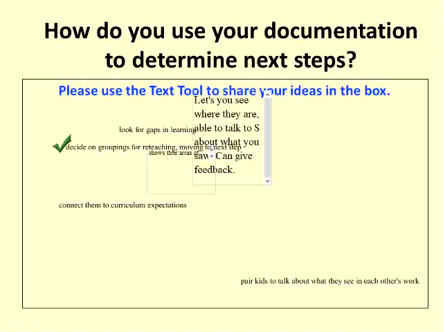I used to kind of reflect at the end of the week, but now I'm finding, and maybe it's because of a younger grade, maybe it's because of where my students are at, I'm finding that I really need to look kind of day by day. So really going back and seeing, okay, based on what I've gathered today, here is what my students already know, and based on this, here is where I really need to go next, even though I thought that I might be at a slightly different point, which, I mean, I'm going to admit,